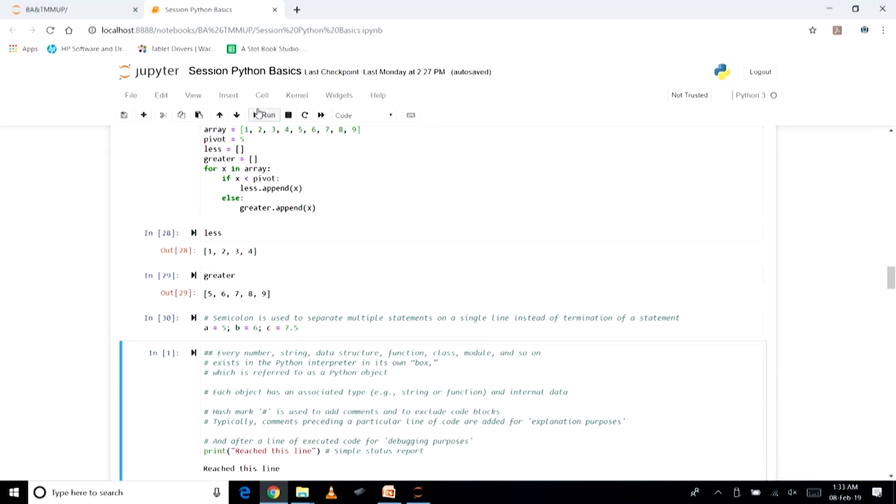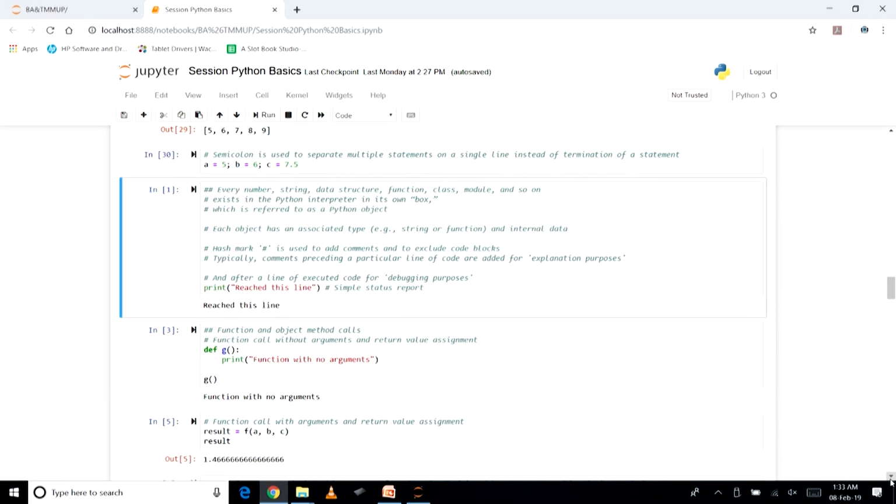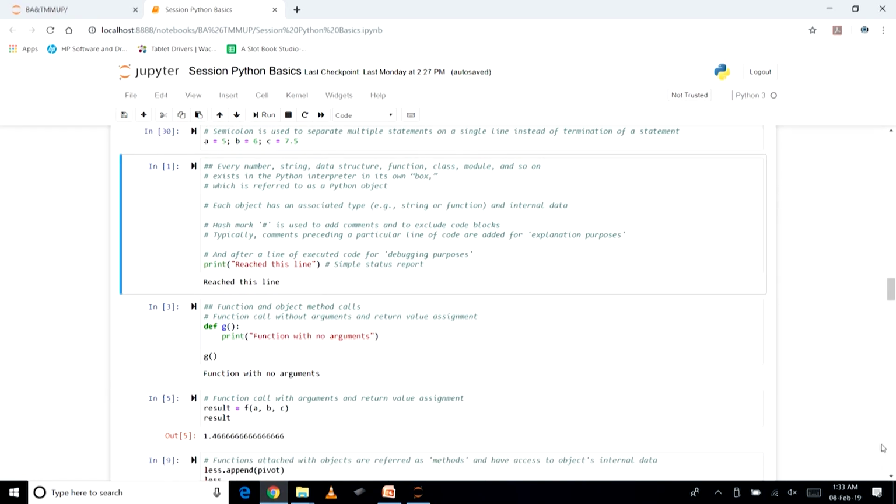And a comment after a line of code is typically used for debugging purposes. These are the two main practices followed in creating comments.